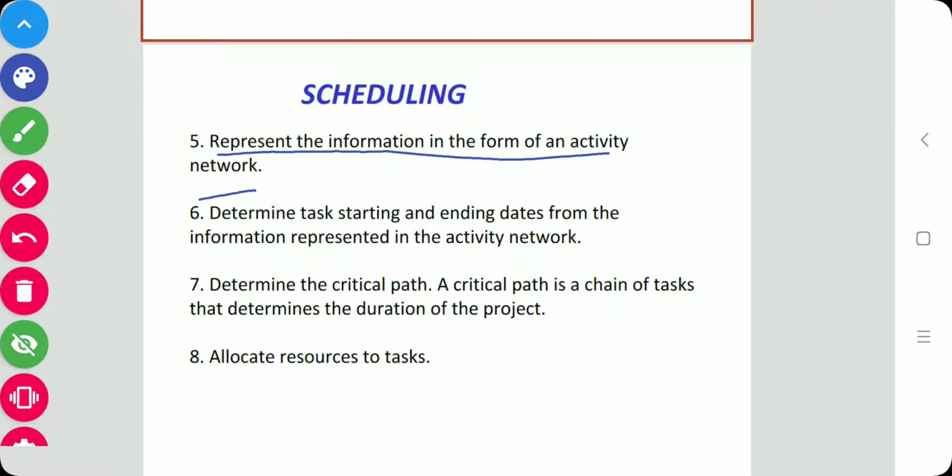So after the activity network representation has been worked out, resources are allocated to each activity. Okay, so after that, determine the task starting and ending days, and we have to allocate the resources. So resources are allocated by the Gantt chart, and after the resource allocation is done, the project evaluation and review technique chart representation is